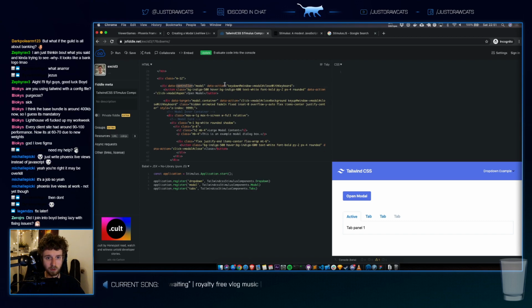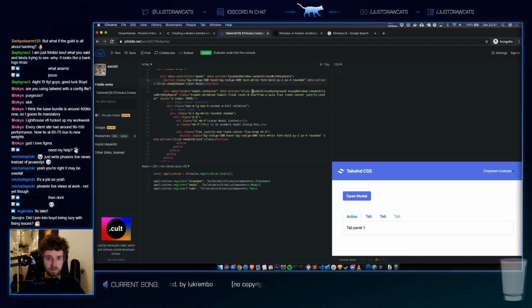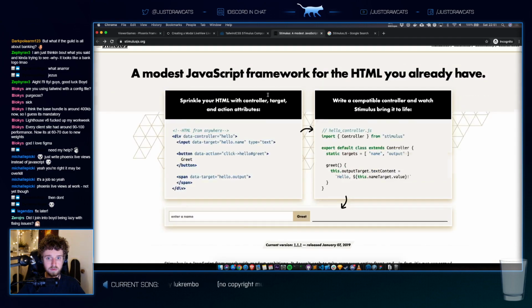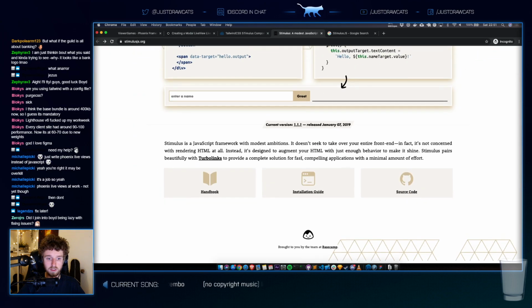Data controller modal, key down, window modal, close with keyboard. I don't know what that means. Sure. Handbook.